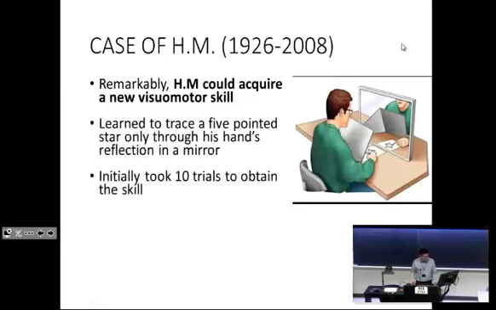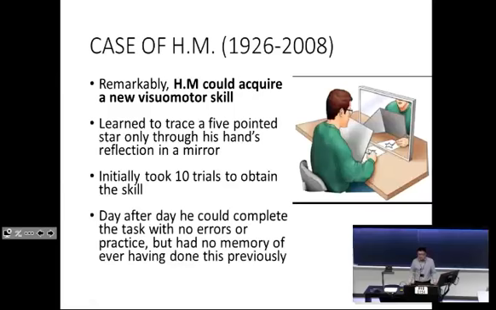And what would happen is that as he came back day after day to do this procedure, it took increasingly fewer trials for him to encode that task until he was able to do it without touching the lines. And so Milner was able to demonstrate with this that HM was still able to acquire new skills despite having complete anterograde episodic amnesia. This is where one of the first instances of procedural memory became apparent to us.